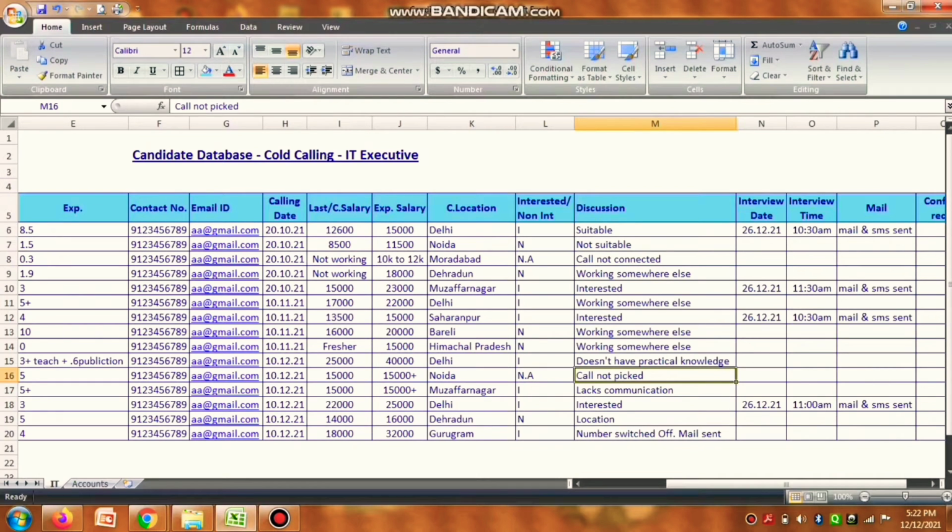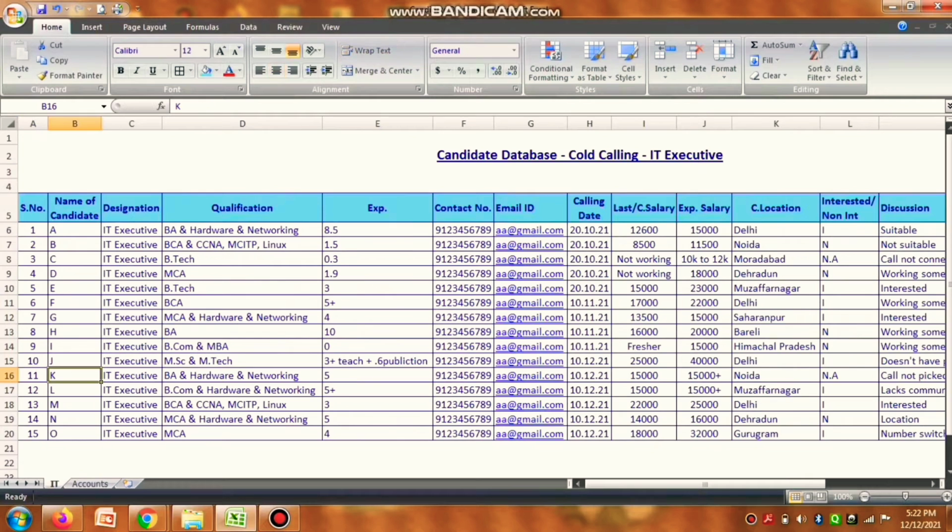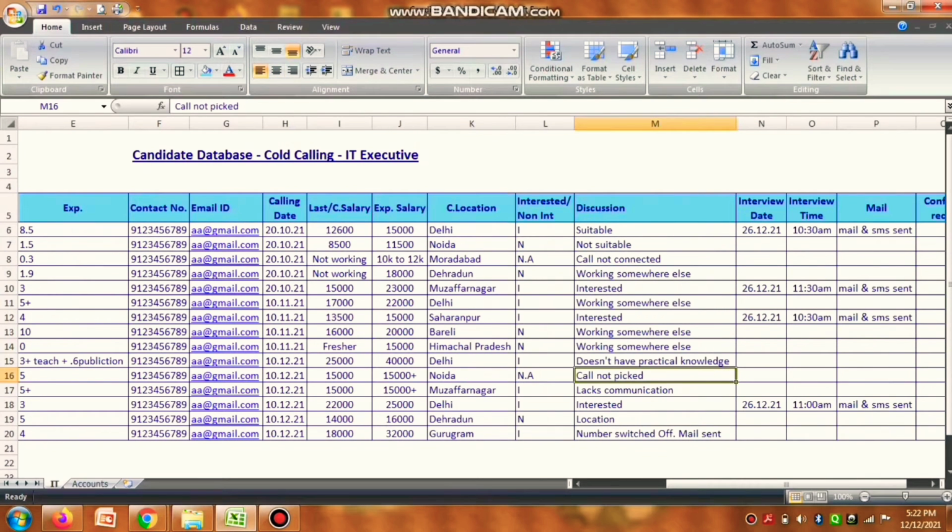Or if you feel that the things I have mentioned in the discussion are not appropriate, and you have to write something else, or you understand something else, then you can do it, because this is just an example. This is the way I understand and the way we people do it, so that's why I have written like this. Okay, here we are not using proper grammar or sentences, this is just a short form to understand. So don't think that this is not in proper form as per grammar, right?